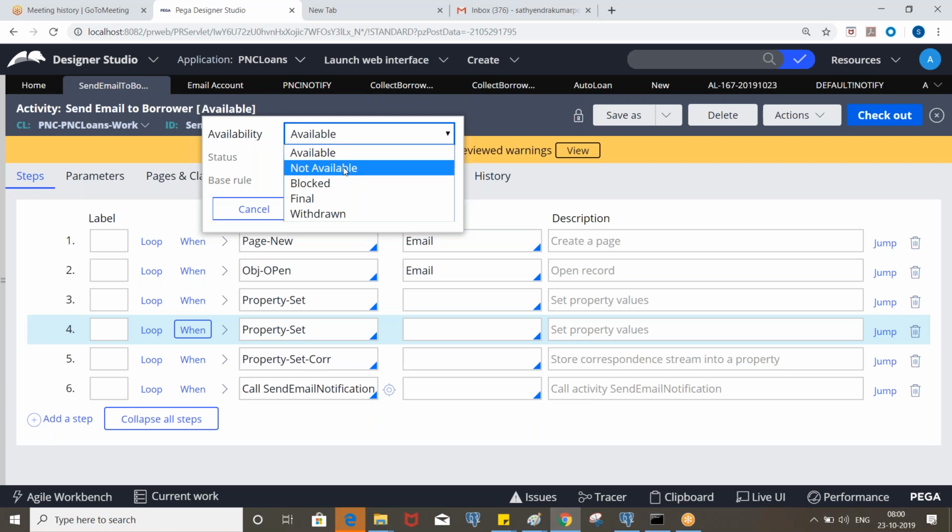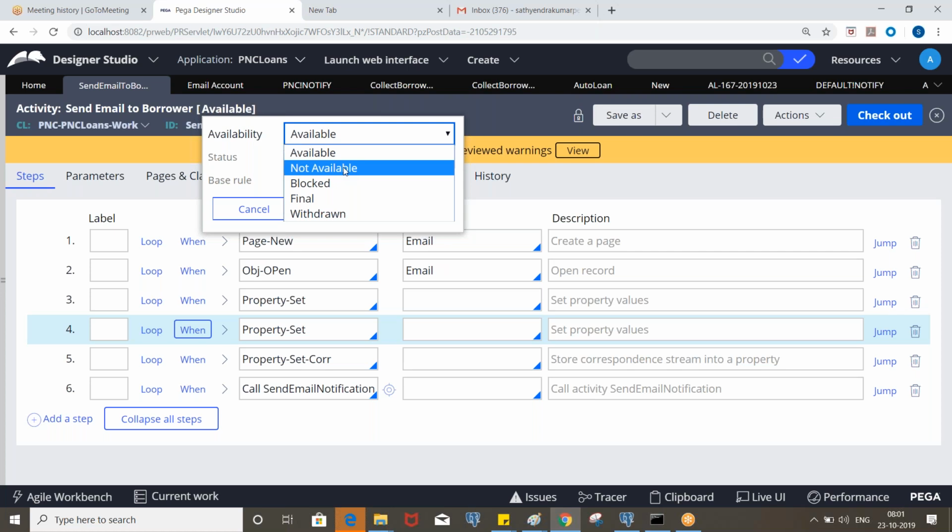So this rule will not be available for execution. That means if a rule is invoked somewhere, say in a flow, when you execute the flow it will always pick the highest version. If you make the highest version not available, it will pick the next highest version, that is 02. Even if you make 02 not available, then 01. If you make 01 also not available, then it will throw an error. Here we have different options, and we'll discuss them one by one.